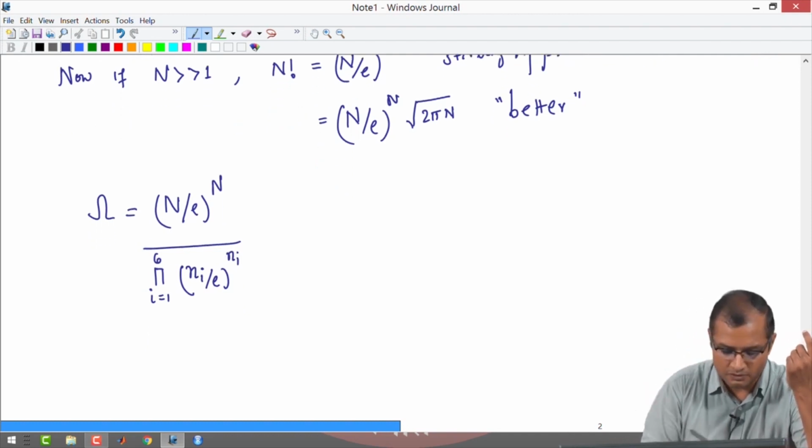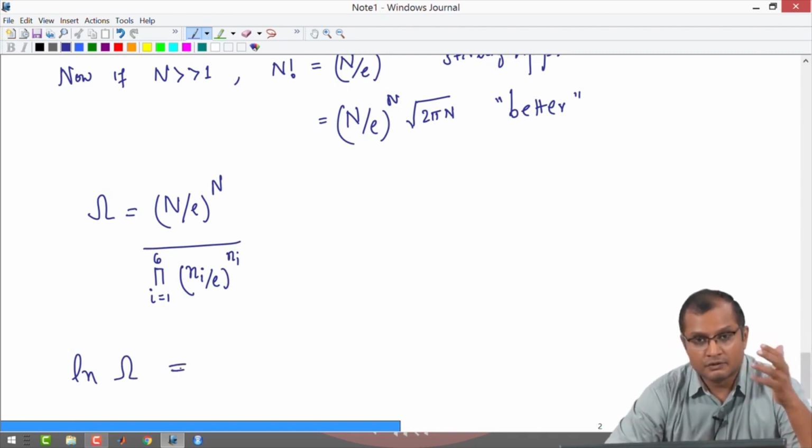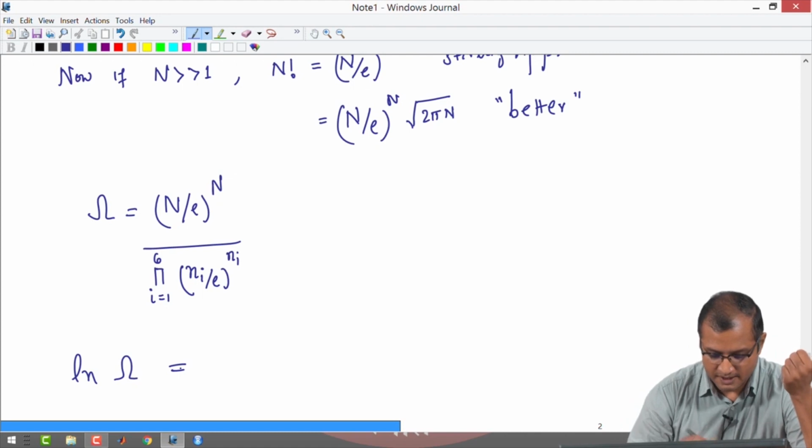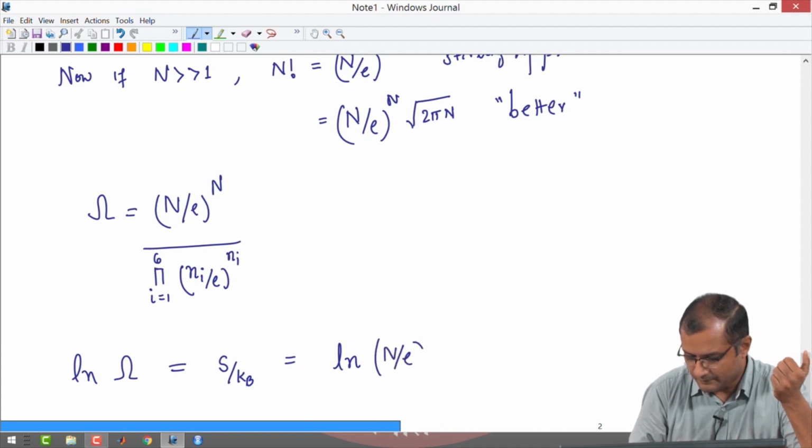and then I am going to take logarithm on both sides. Okay. So, we are now taking logarithm on both sides. What you will see is basically, and I know that this is nothing but entropy over Kb from the Boltzmann's prescription. So, if I take the logarithm of n, the expression splits up into two logs, and the denominator becomes summation over i,